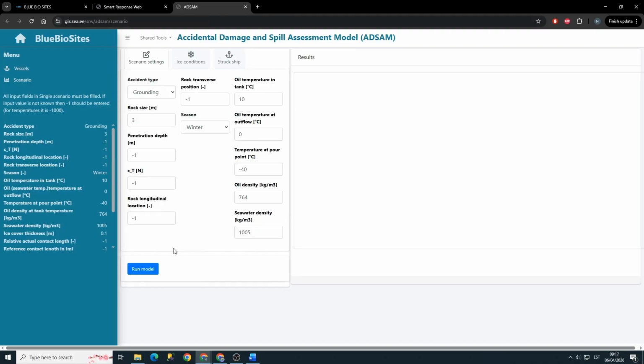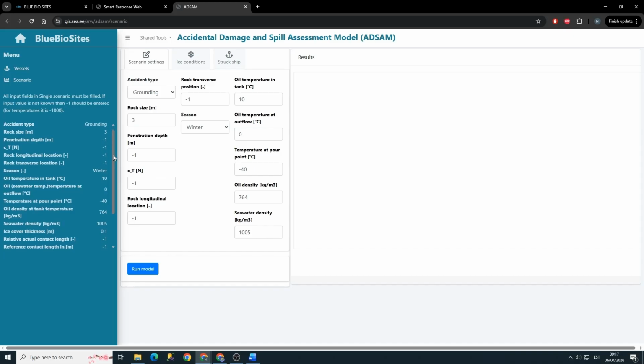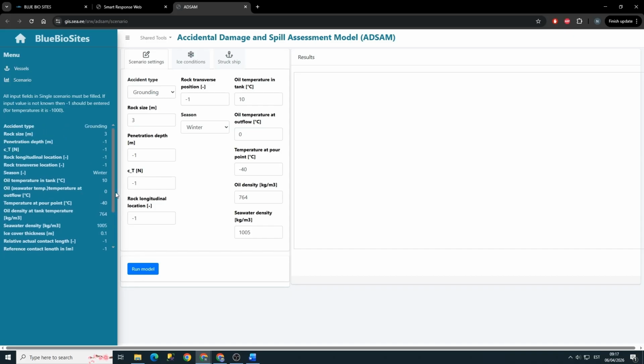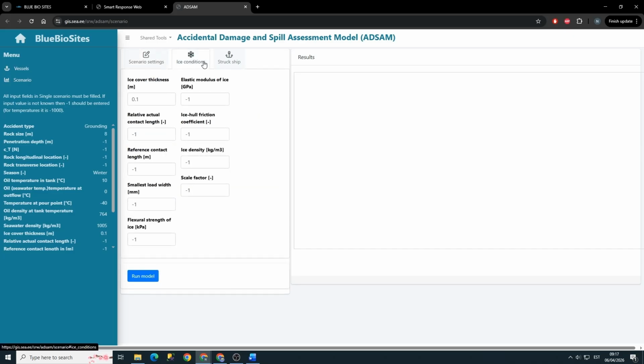At this stage, the ADSAM tool is used to estimate the oil spill characteristics, such as spill volume and release rate, especially when the exact spill data is not available. Using vessel parameters and scenario inputs, the model can generate realistic estimates of the spill. These results are then used in Smart Response Web, where the oil spill drift and spread are simulated. Further analysis can be carried out in PlanWise 4 Blue, where cumulative environmental impacts are assessed together with other human